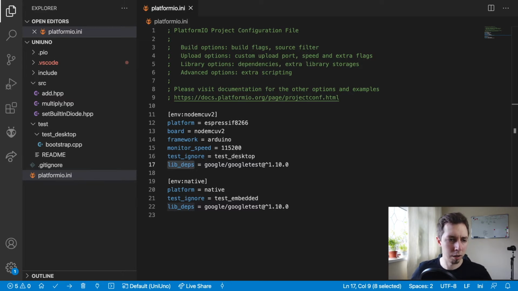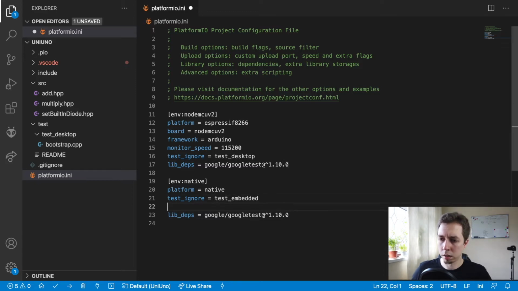And for that, there is one additional setting to be set, which is libcompat mode equals off, right? That switches it off. It might actually work without it, but just to be safe, it is good to add this entry. And another one, which is going to save us some time with debugging, is to add the build